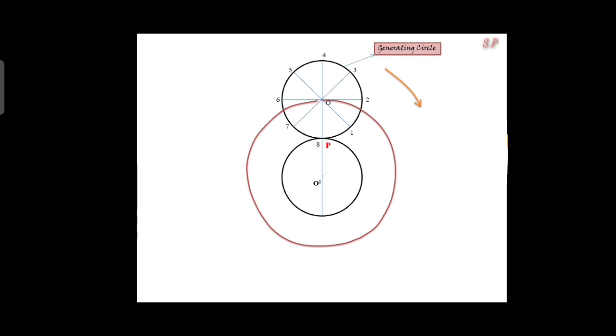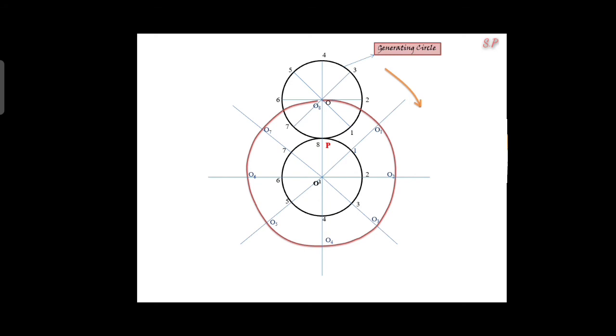From the O dash, first you take a 45 degree angle and the line intersects our locus of the center, that is O1, and this line intersects our directing circle also, that is point 1. The next, you take another 45 degrees, the intersecting point you note as O2 and 2. Next O3 and 3 and next O4 and 4, and in a similar manner you will locate the remaining points O5 and O6, O7, O8 also.